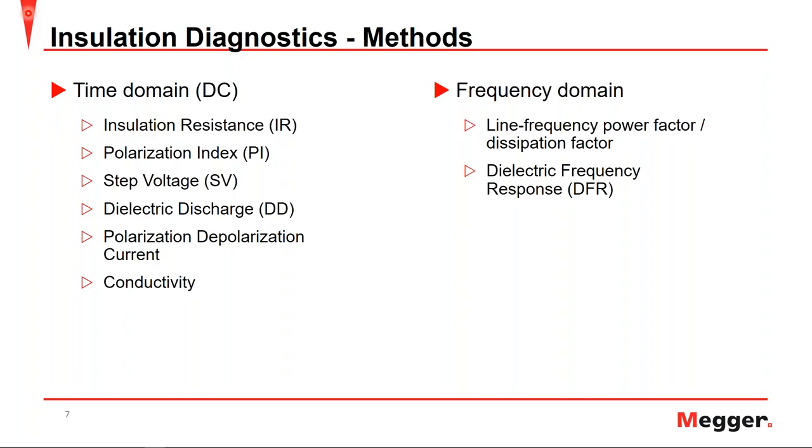Starting with the installation diagnostic methods, there are several different installation diagnostic methods, and on the left here we have our time domain methods that include insulation resistance, polarization index, step voltage, dielectric discharge, polarization, depolarization current, and conductivity. And what these test methods all have in common are these are all DC test methods that are independent of